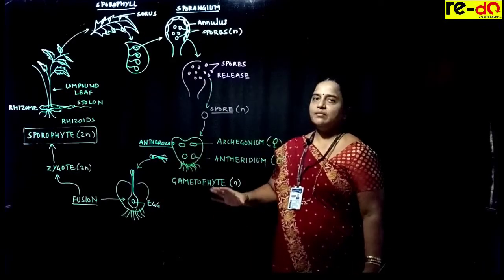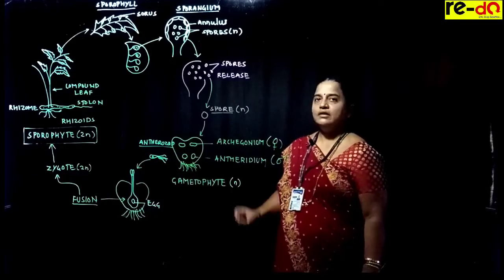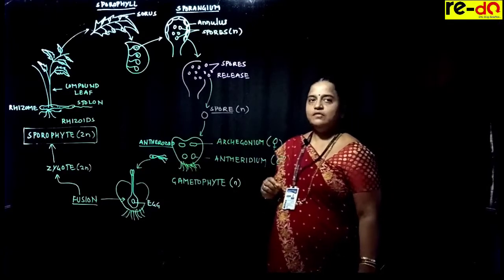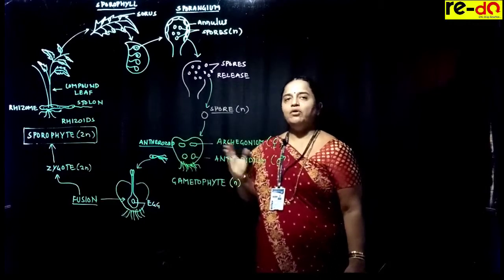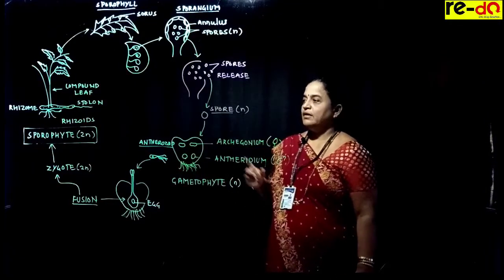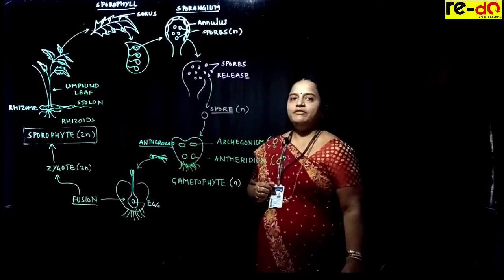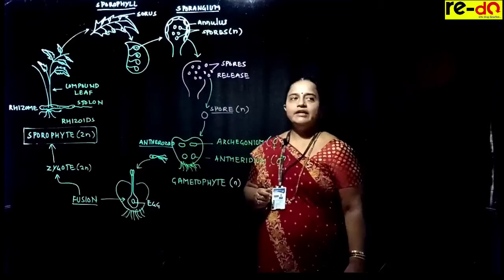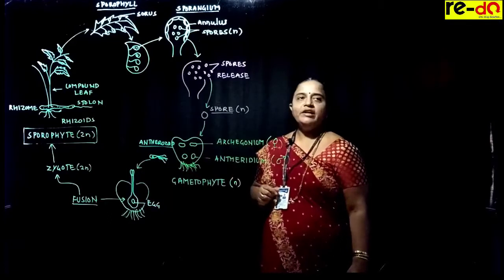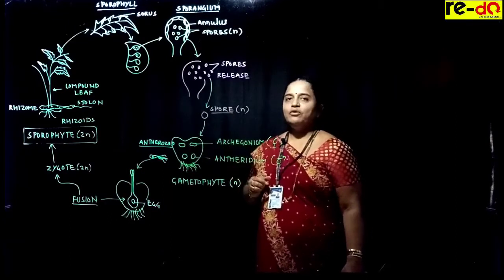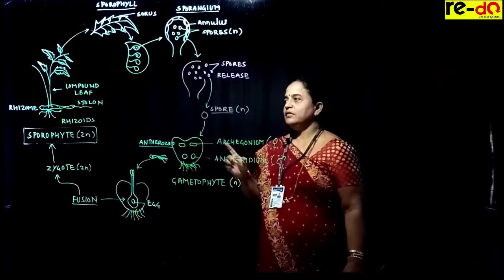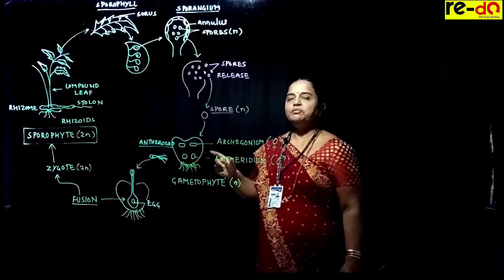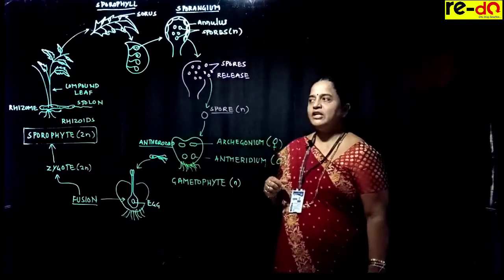This is a diagrammatic representation of the life cycle of a pteridophyte, which shows a haplodiplontic or diplohaplontic life cycle. It begins with the dominant phase, which is shown on the left hand side. It is the sporophytic generation, diploid in nature. A typical sporophyte plant shows a rhizome. It is an underground stem which produces rhizoids for anchorage and absorption.